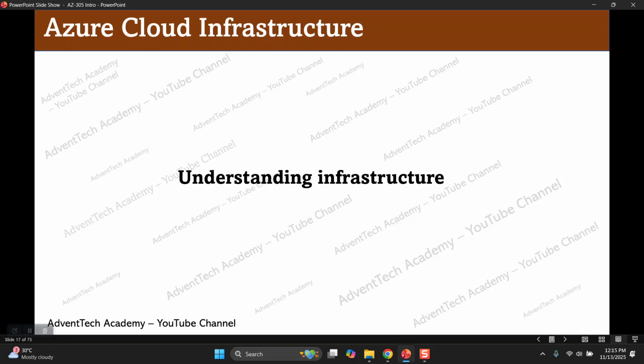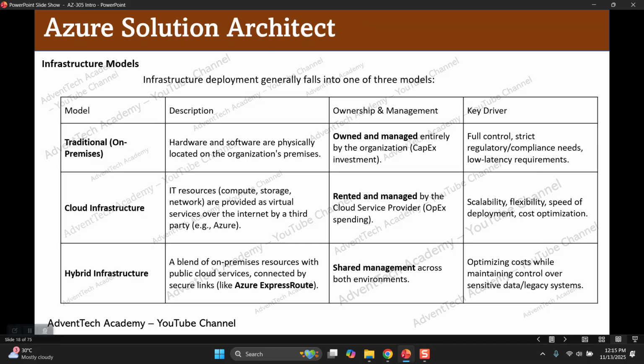First, we have to understand the infrastructures. If you look at the infrastructure, there are three infrastructure models. Infrastructure deployment generally falls into one of the three models. The first is on premises. In on premises